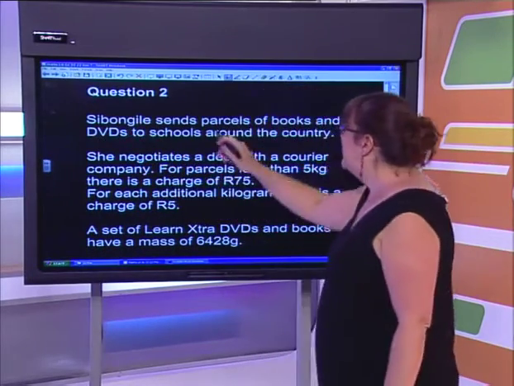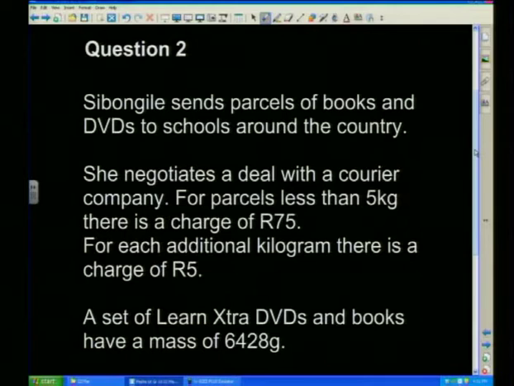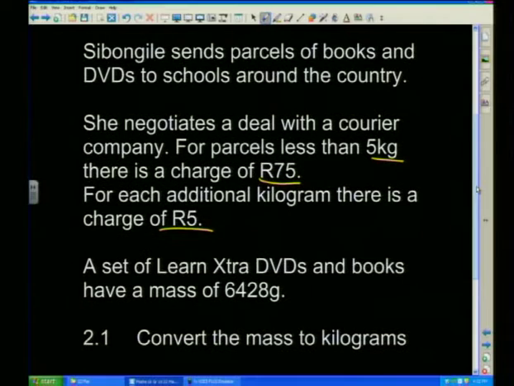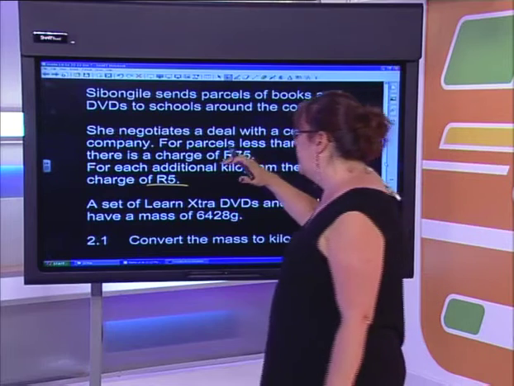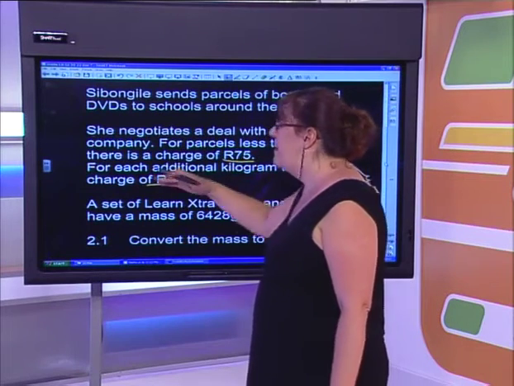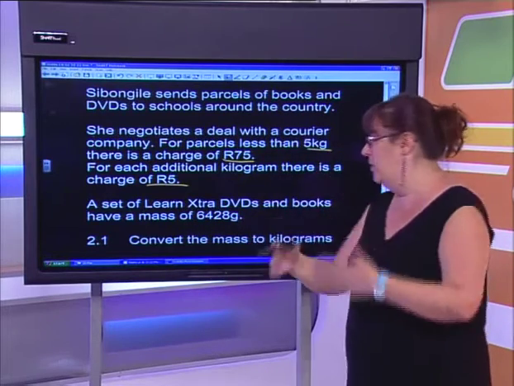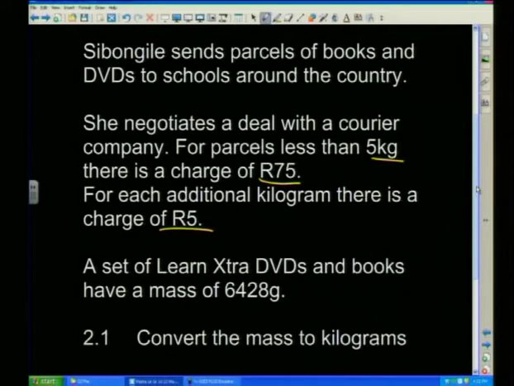Sibongile sends parcels and books and DVDs to schools around the country. She negotiates a deal with the courier company. For parcels less than 5 kilograms, there is a charge of 75 Rand. For each additional kilogram, there is a charge of 5 Rand. So a parcel, if it's less than 5 kilograms, is 75 Rand, and if it's more, then she pays 5 Rand per kilogram. A set of Learn Extra DVDs and books have a mass of